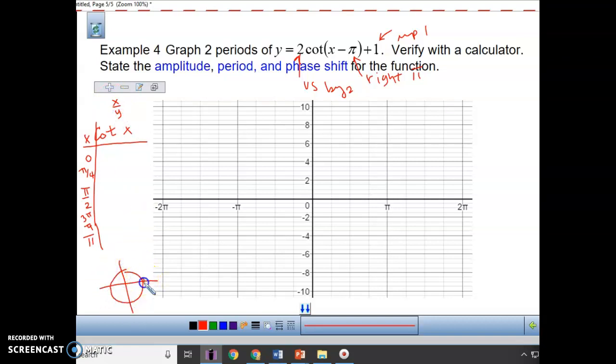So if I start at 0, the point here is 1 comma 0. So if I do x, which is 0 divided by 1, that'll be 0. If I go to pi over 4, which is right here, my point is root 2 over 2 comma root 2 over 2, which if I do the cotangent of that, x over y, I'll get 1. Going straight up, my point is 0 comma 1. X over y would be,